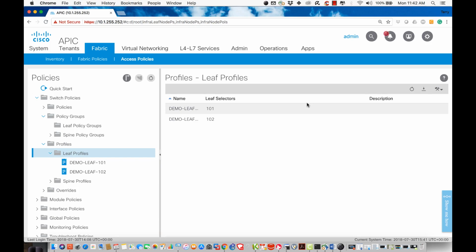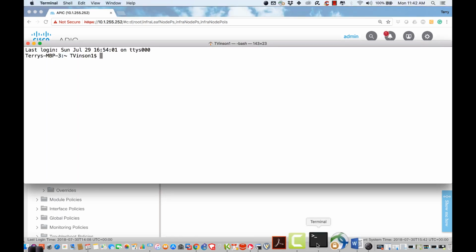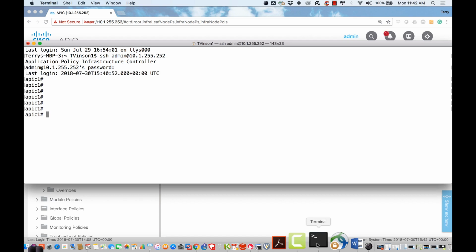We just did our deployment of our switch profile where we reference the interface profiles that we created. Now what I want to do is verify whether or not those have actually been applied. The easiest and fastest way to do that would be to access the ACI via our command line. And what I want to do is see if there's been a change to those running